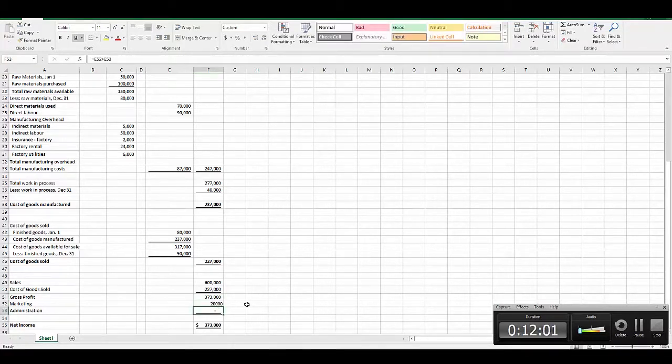Then the next item we deduct is our administration costs, and we're told that's $50,000. So we'll just make sure we put in our little comma here. So we have these costs deducted as well. So that brings us down to a net income of $300